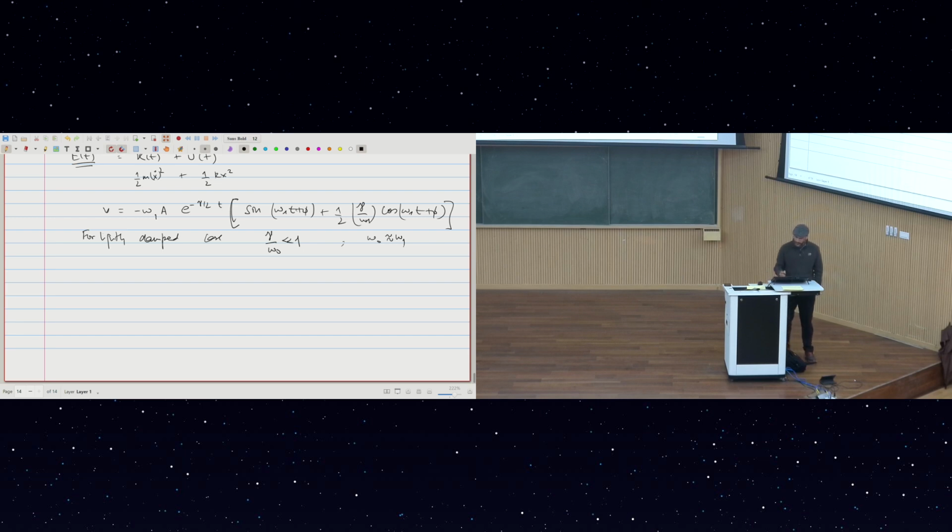Okay. So you use these ideas, and you'll see that this is much smaller than 1. So this whole term can be neglected. So velocity can be simplified as only the first part in the brackets. So our energy ultimately, when I add the two terms, comes out to be half Ka squared, that is what we had last time as well, multiplied by e to the power of minus gamma t,